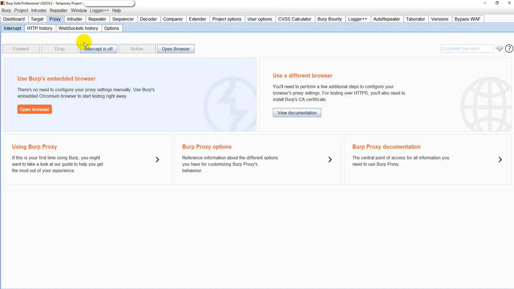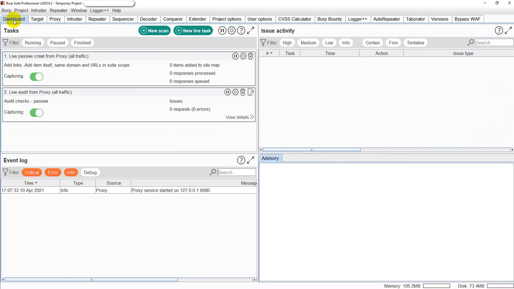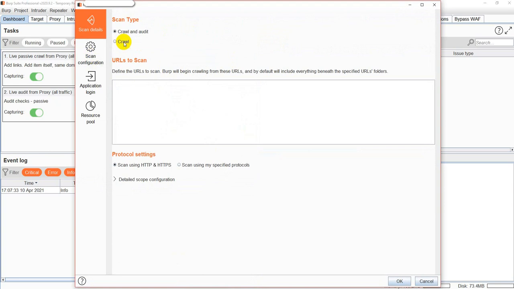So the proxy is an important tab. Again, Burp Suite has really great documentation and everything. And yeah, here you will get the scanner highlighting high, medium, low risk kinds of vulnerabilities. And here is the event log, and you can also see the audit traffic and even the crawl. Now this is the latest version, so there is something known as new scan or new live scan. These are some of the workflow-driven options which were added, I believe, in 2018 or 19 sometime earlier. It didn't used to be like this.